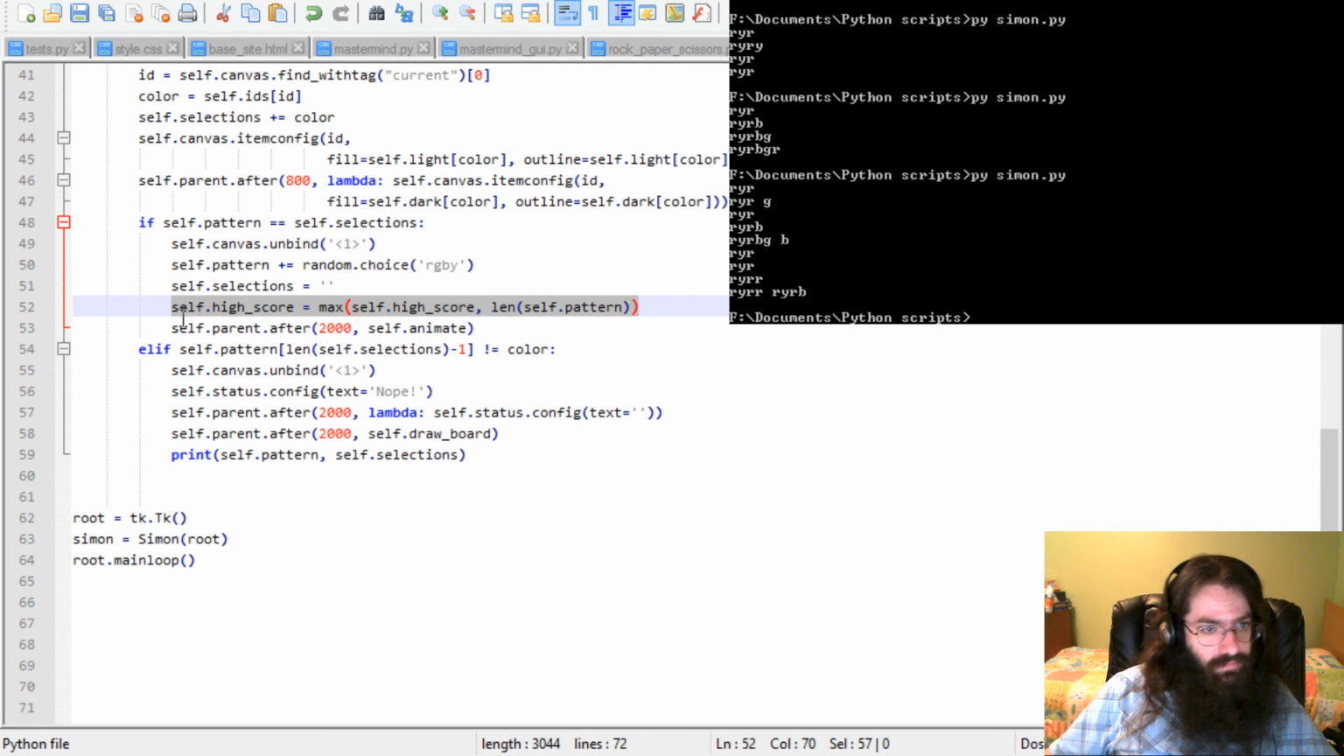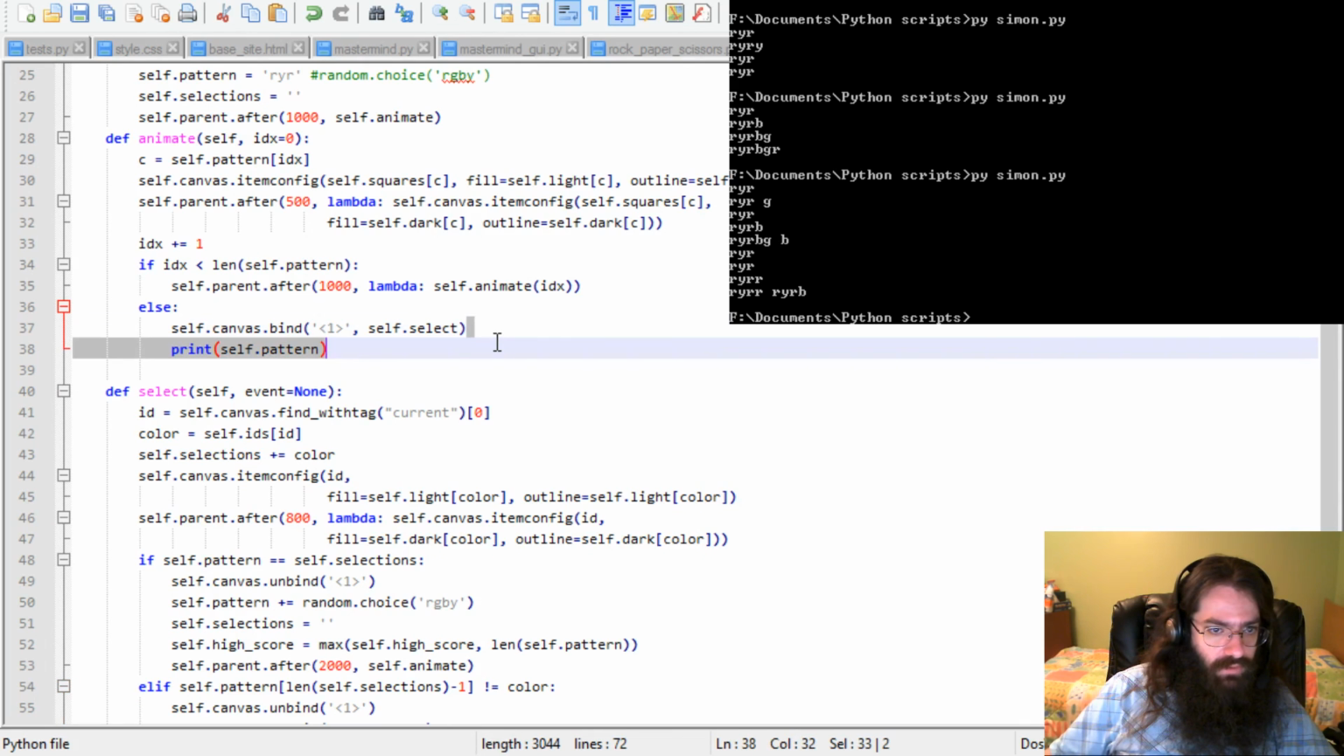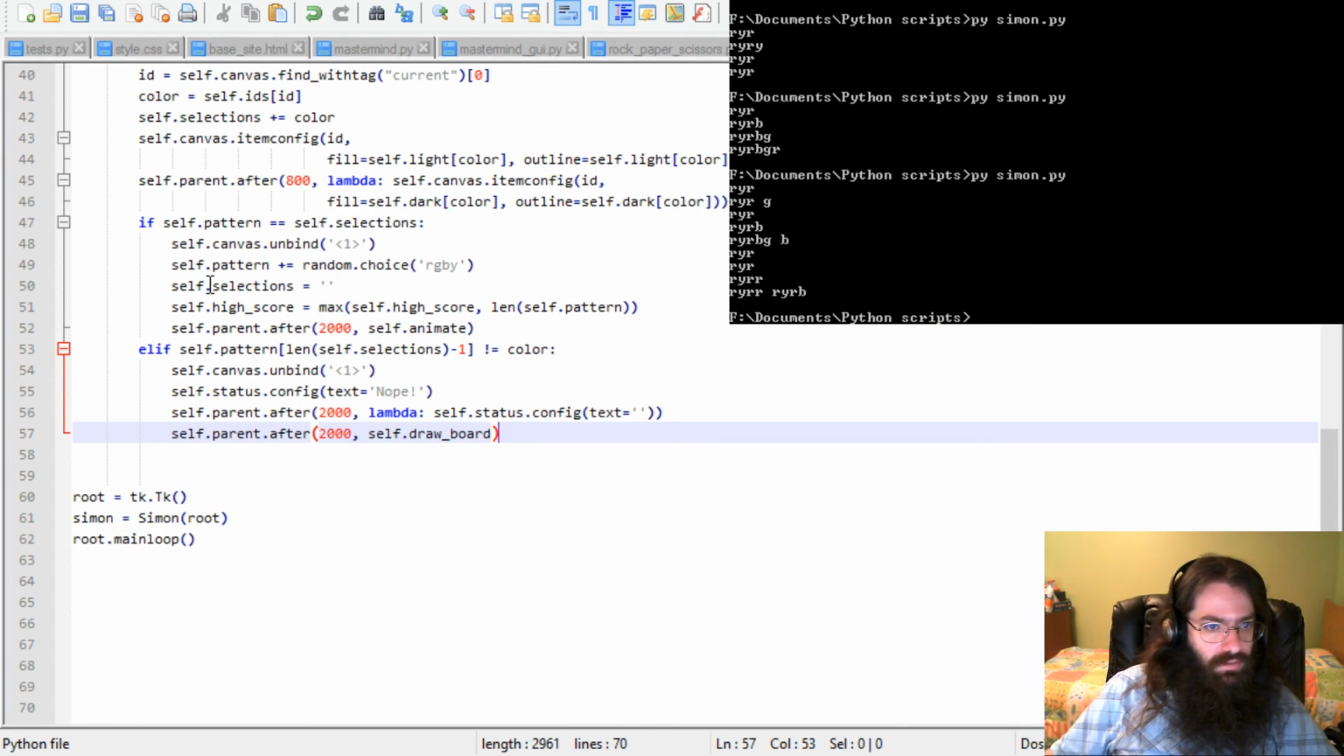I never show the high score. How many prints do I have? I don't think I need those because it's working pretty well. Let's see. Where am I going to say the high score? How about